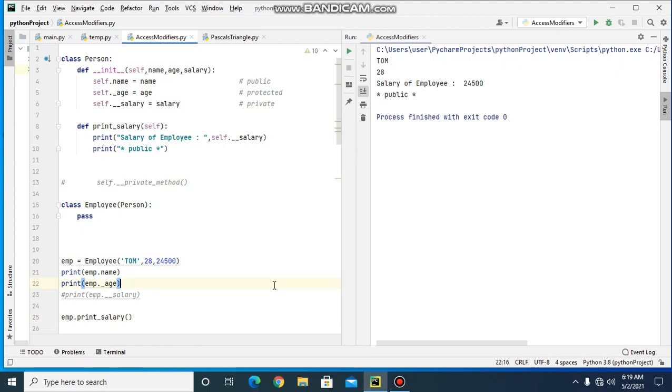So we'll run this. So now we were able to access the salary. It has printed the salary of the employee and it has printed this message, public.